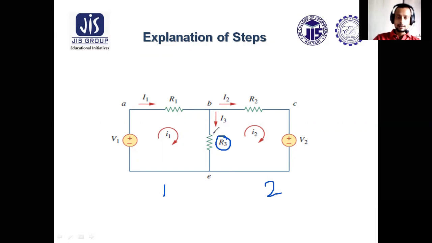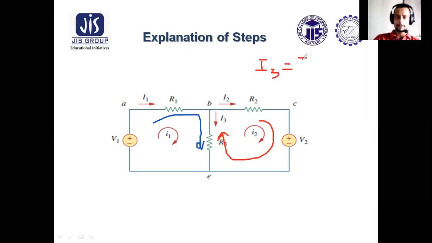Now what should be the current through this branch? See, I1 current is flowing like this. Through R3, I1 current is in downward direction. But through R3, if we consider loop 2, I2 current is flowing in upward direction. So what should be the resultant current of R3? Current through R3, that is I3, should be equal to I1 minus I2,